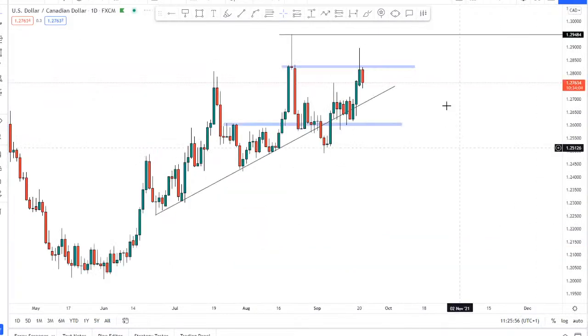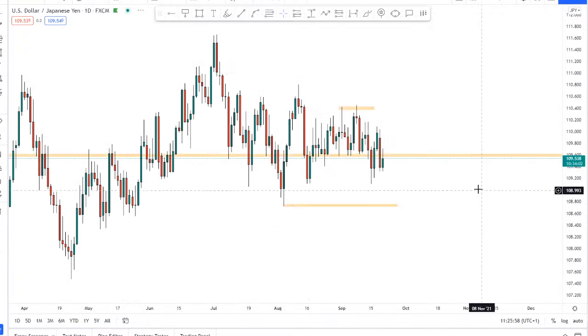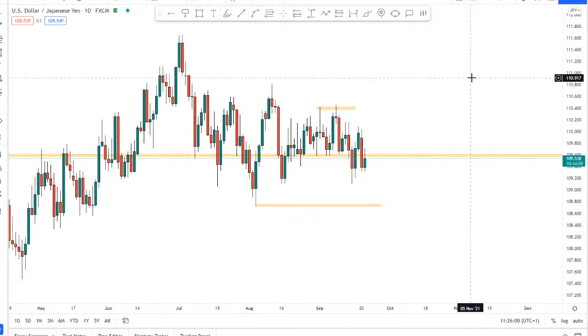USD Cad has seen quite a lot of trending. USD Jpy hasn't really gone anywhere. So there's been a lot of pairs that have been kind of ranging. There's a few pairs, yes, that have been trending quite nicely, but there's some big pairs that have been ranging, moving sideways, and I think we could be coming up to that time where it starts to break out again,